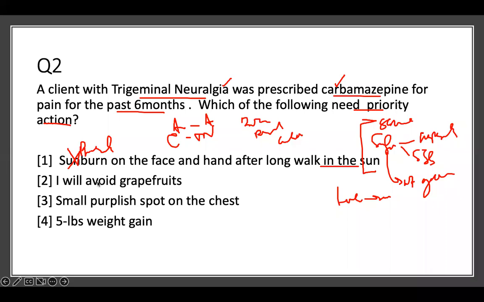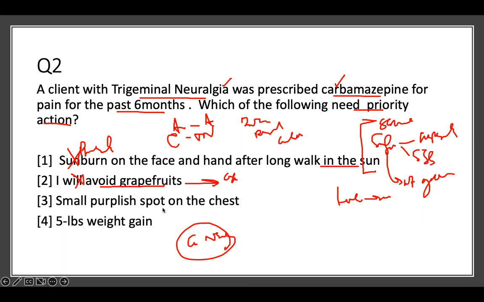I have to be sharp. Be sharp. I will avoid grape juice. If you watch my pharmacology videos, grape juice and NSAIDs are your enemies. They're never the right answer. You never pick them. Grape juice goes to the liver and destroys the liver enzymes that break down chemicals, and therefore this is a good answer. Okay, I will avoid it. So avoid it. It's not a priority action. Doing that is good.